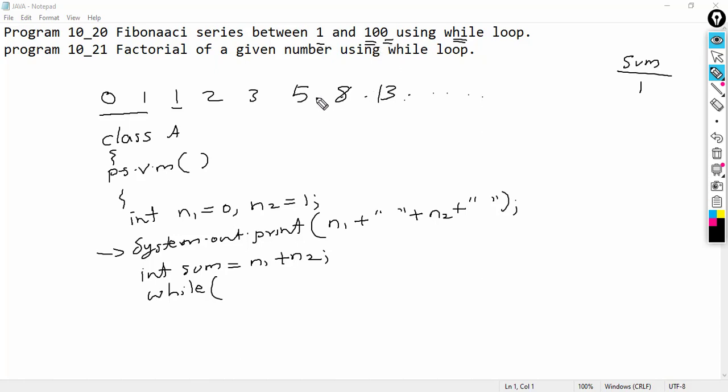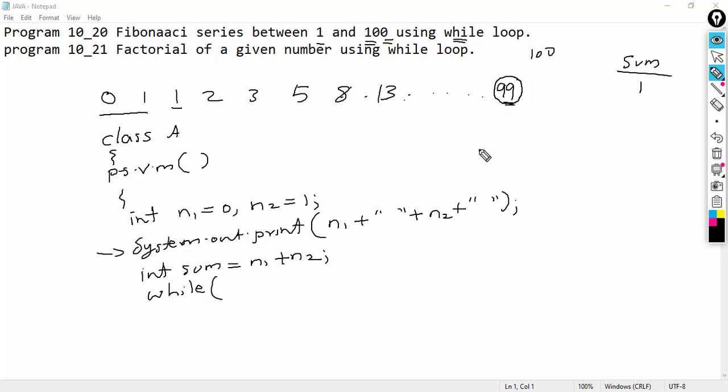So we can say this 100 is the range, meaning the last number. Suppose in this series 99 is the last number. This 99 should not go above 100. That is meant by 1 and 100. I just took an example, 99 may not be there. So the last number should be less than 100. That is meant by Fibonacci series between 1 and 100. I hope you could understand.